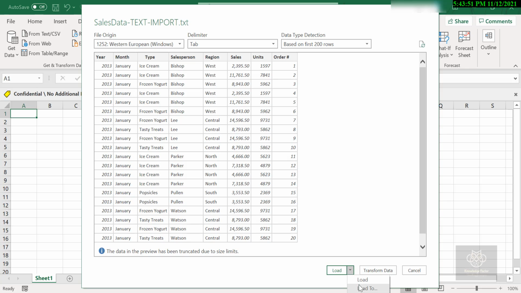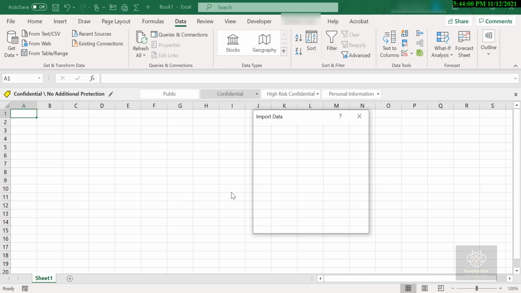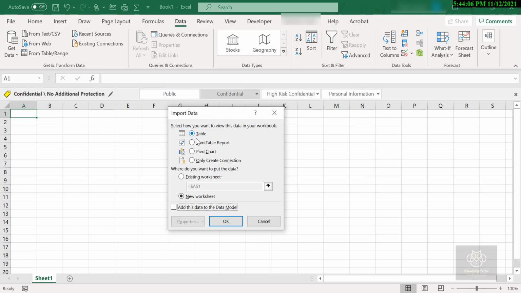Now for this example, I'm just going to go to Load To, and it's going to give me a few options, right? Where do I want to import the data? I'm going to keep it a table. I do have an option here to put in a pivot table or pivot chart as well. I also have an option to create a connection only.